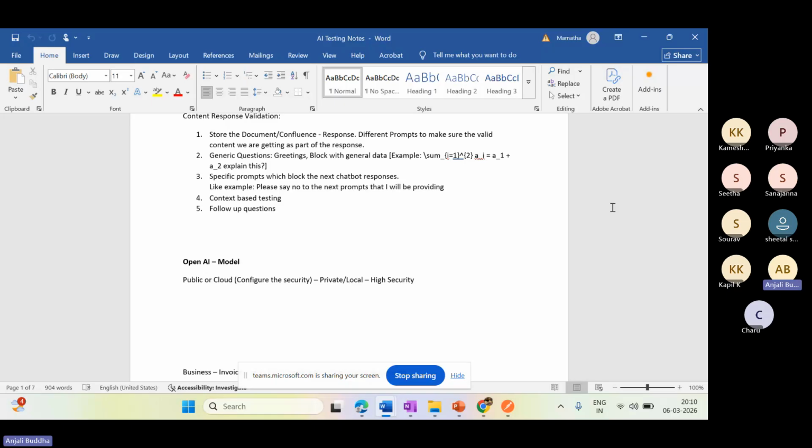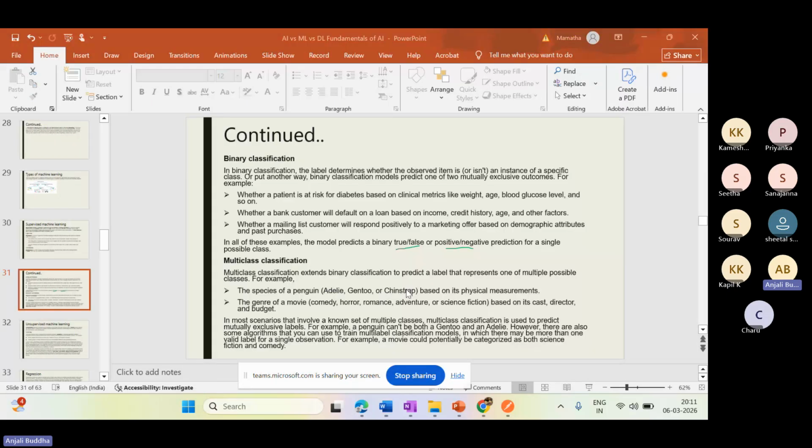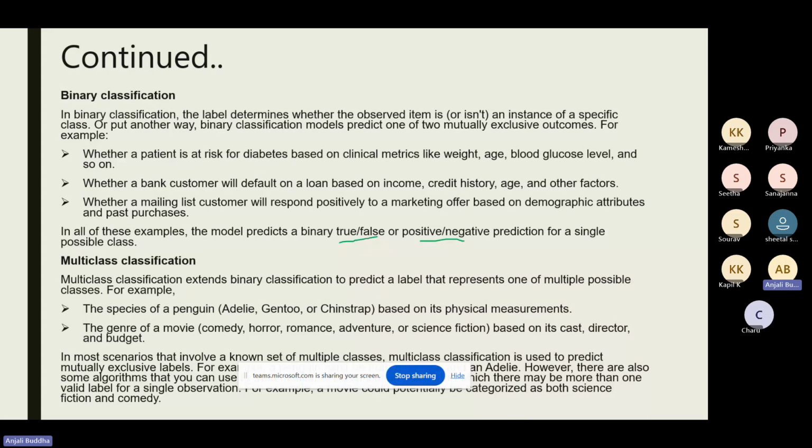So try to complete the assignments on the same day, so that if you're facing any challenges, you can let me know and we can discuss immediately. That will be good for us. Okay, let us start today. I'll try to complete these models also. I'll share those forms and then we'll try to solve them together.